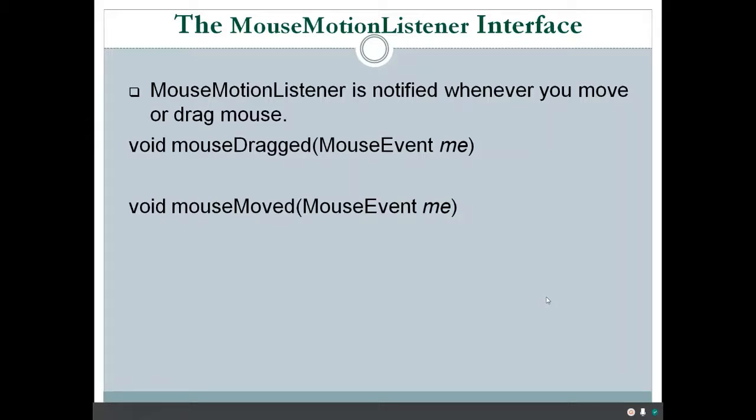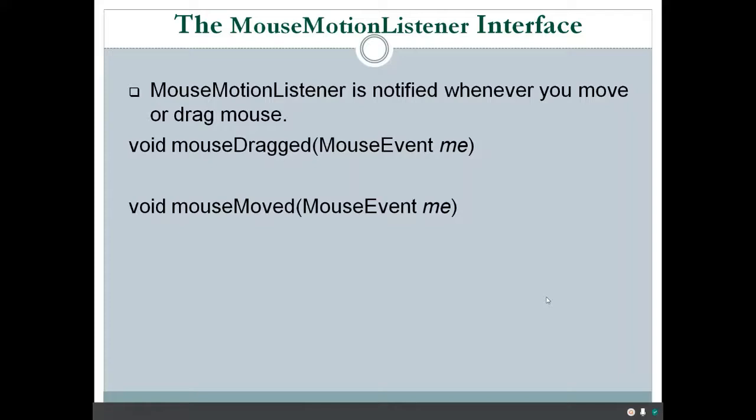The mouseDragged method is executed whenever we drag a mouse on the GUI or on the component. mouseMoved is executed whenever we move a mouse on the GUI. There is a difference between dragging and moving a mouse. Dragging is when you click the left button of a mouse and then move it while holding the left button.